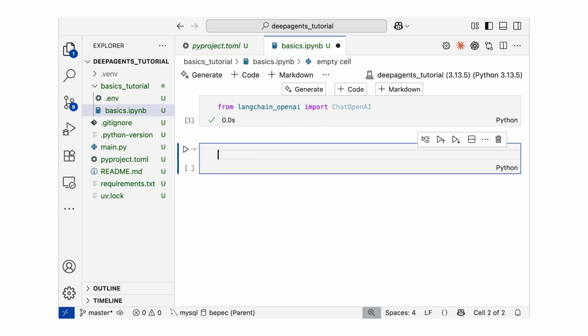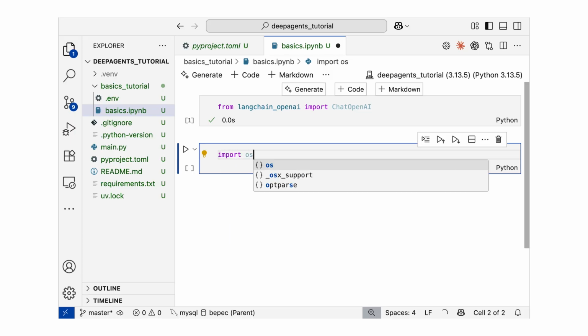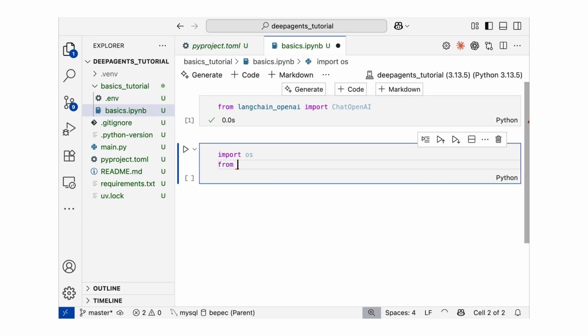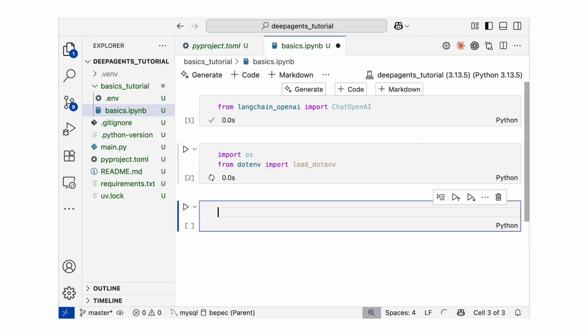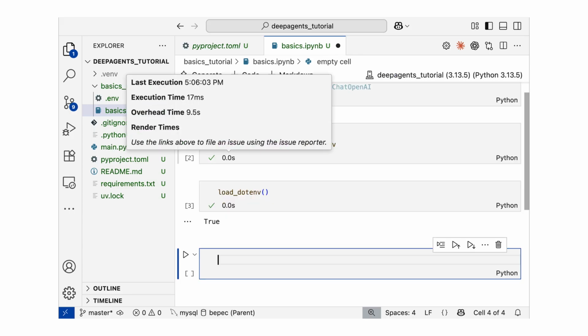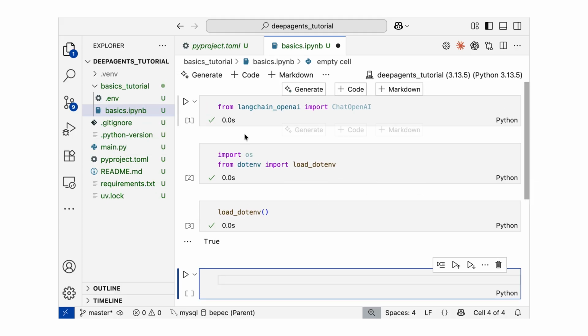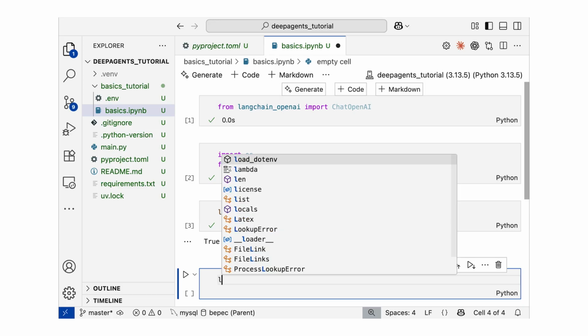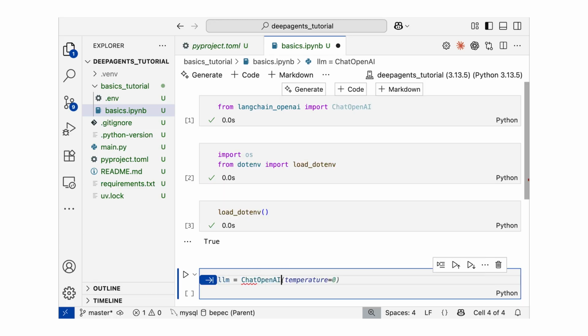Now I just have the basics.py, and here I will start doing certain operations. The very first one is, I want to load the environment variables. So how are you able to load environment variables? Very simple, import os. Another one is from dotenv import load_dotenv. And once you have these two, in order to get the environment variables, you can simply say load_dotenv. That is sufficient. And if you want to import anything, now you already got this one. From langchain_openai import ChatOpenAI, you can simply say llm equal to ChatOpenAI, and I'm able to give the model name,